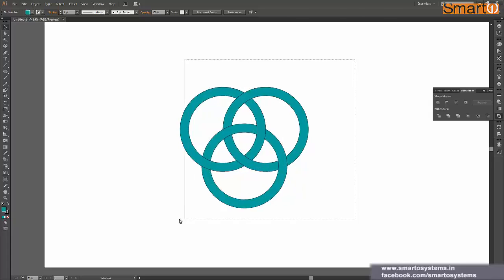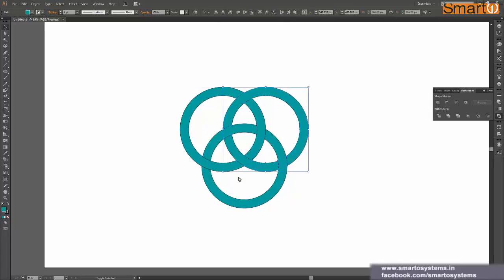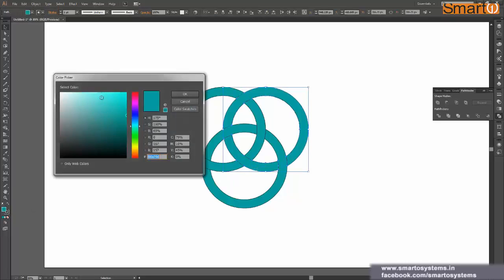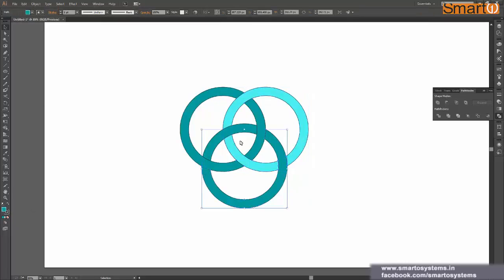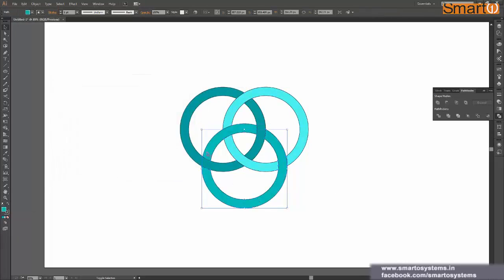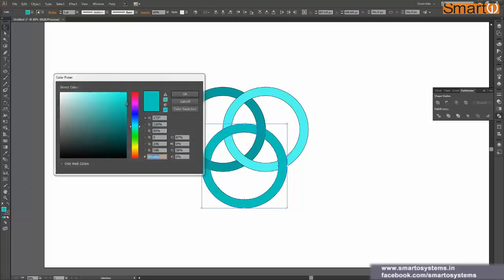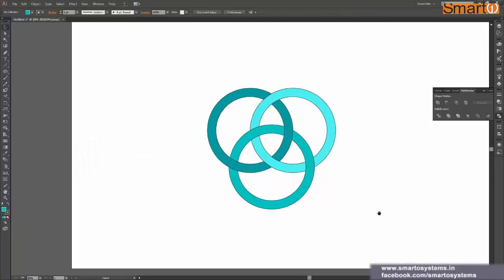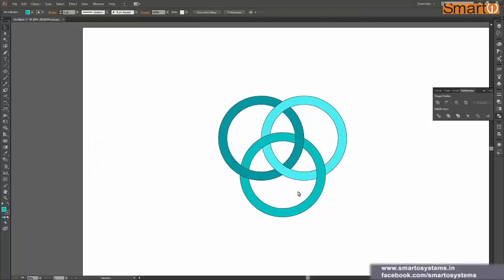Okay, so here we have achieved something like this, and this background is transparent now. So let's go ahead and color these rings in a different color so that we know the difference between them. And this one can be a little lighter than this. Okay, so we have three same colored rings but in different shades. Okay, so yeah, this is I think the best example